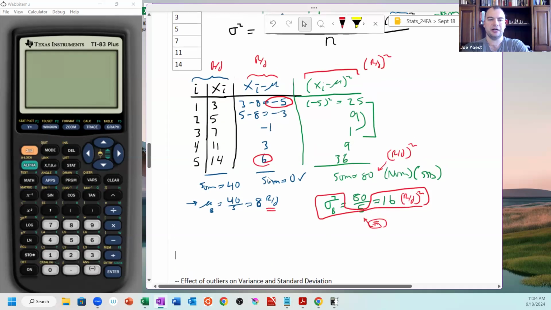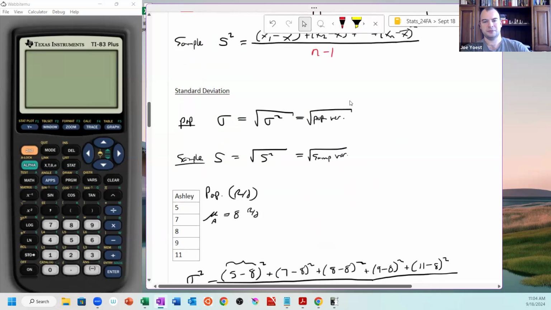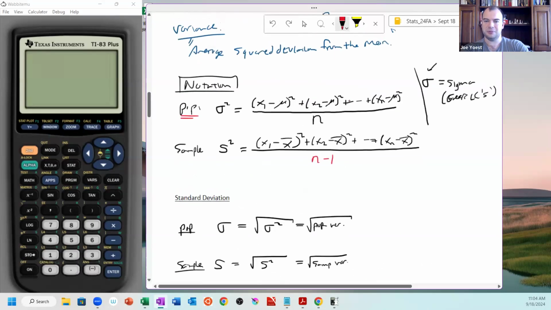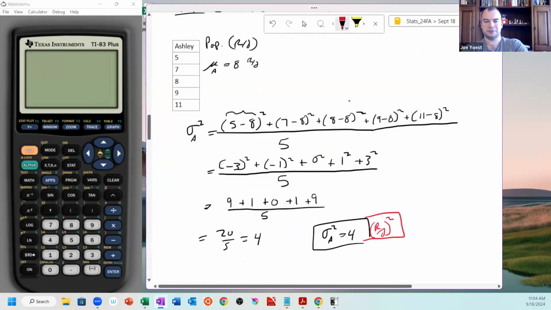Now, as an aside, the variance has nicer mathematical properties than the standard deviation. So we do use the variance quite a bit because of its nice math properties. But when we report a number that we want to use to interpret or to understand the data set, the variance maybe isn't the best choice. But how do I get rid of this square unit? Well, that's where the standard deviation comes into play. If I square root everything,